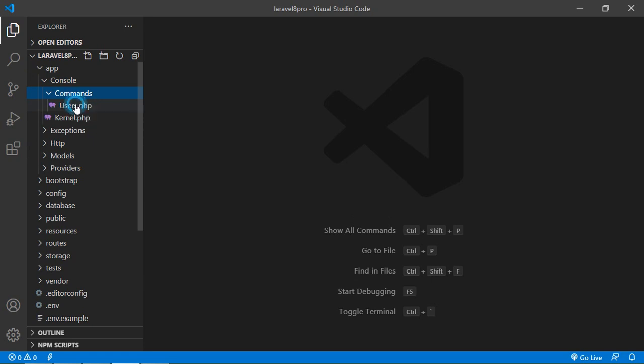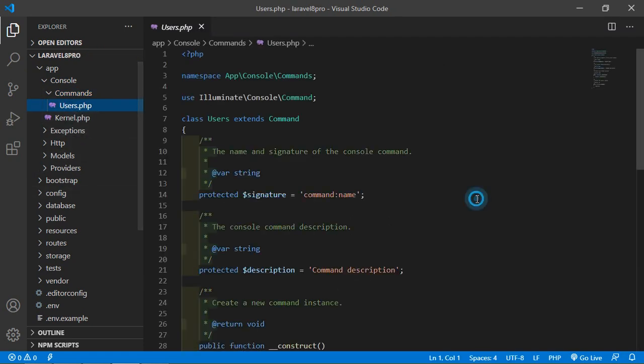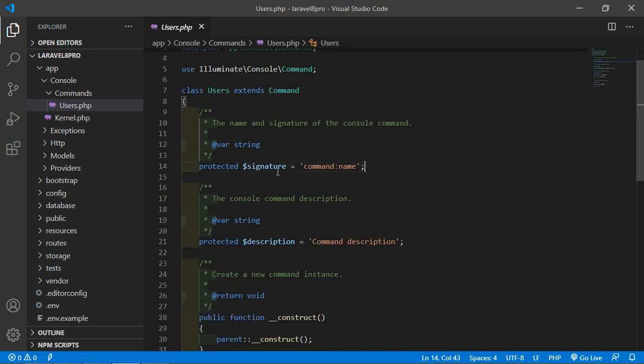Open this file, and inside the signature, just add the command. Here I am going to create the command for listing all users on the console.